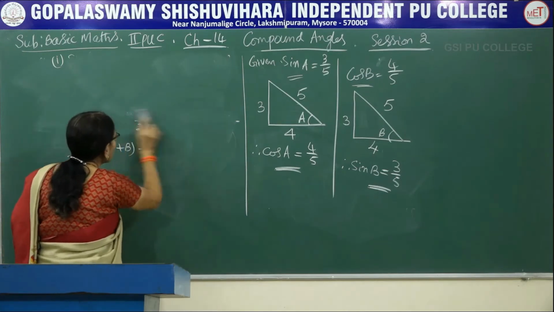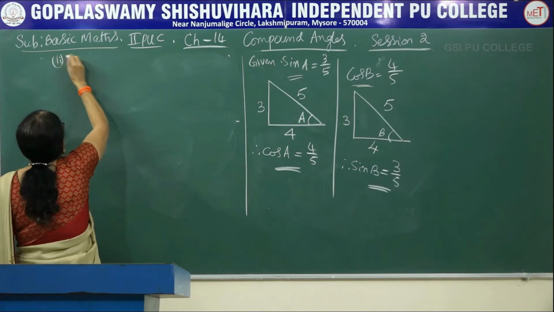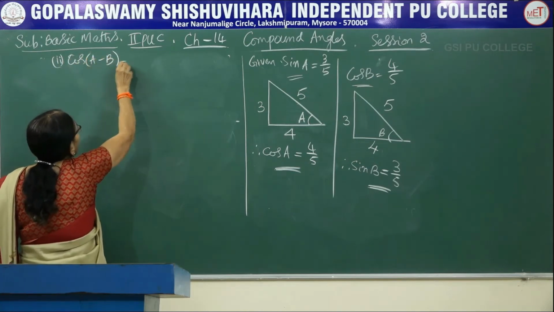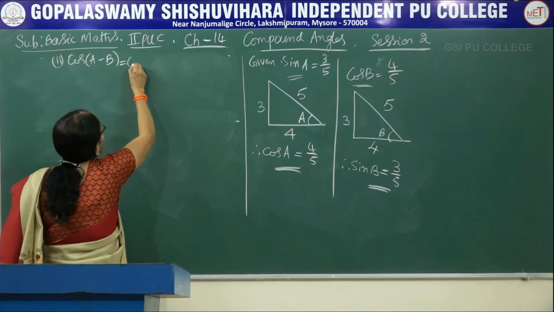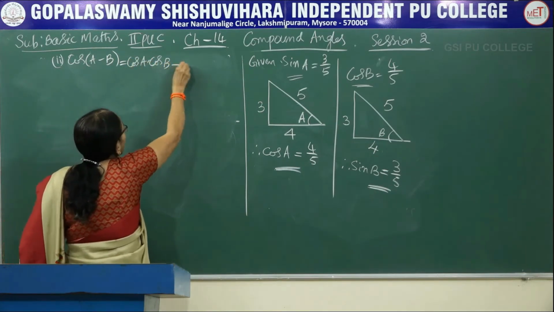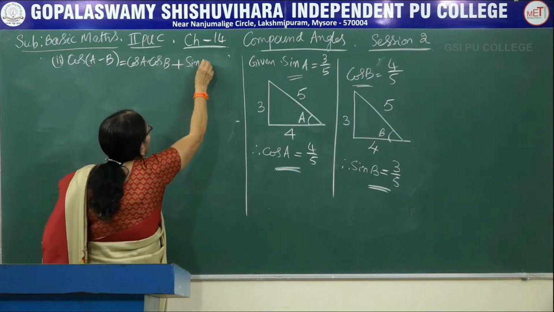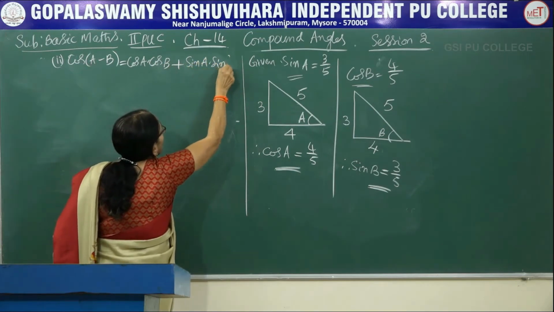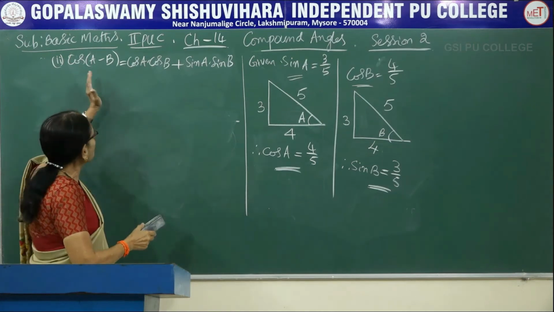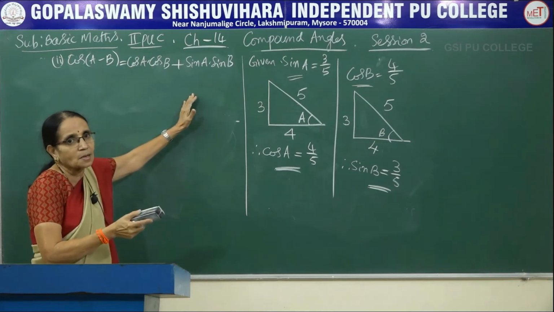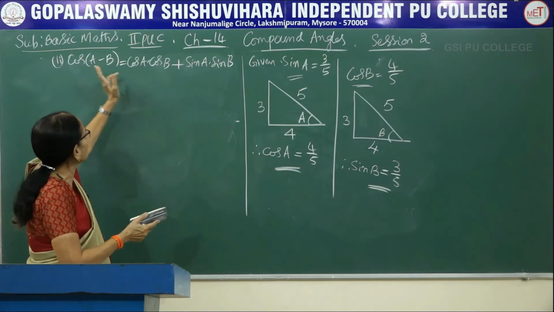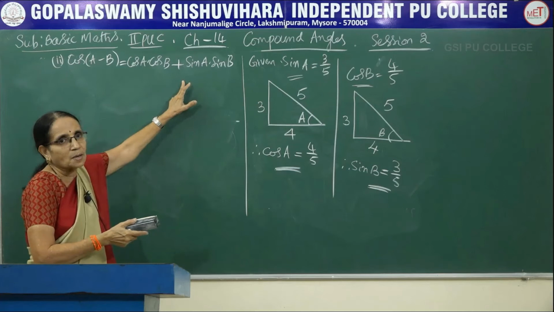Now what is the next thing I had asked you to calculate? It is cos of A minus B. Let me take the next term, cos of A minus B. What is the expansion? It is cos A into cos B plus sin A into sin B. You have to be careful about this one. In the case of sin A plus B, left hand side plus, right hand side plus, same sign is continued. Whereas in the case here, minus, it is plus. When it is plus, this becomes minus.